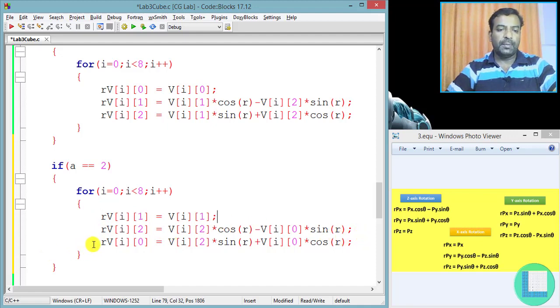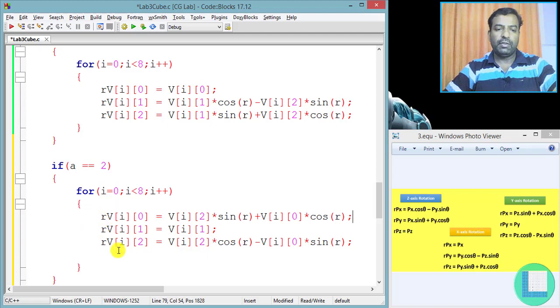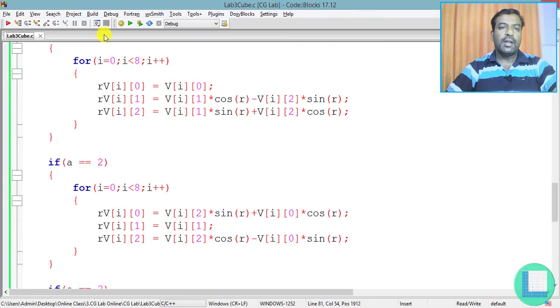Let me reorder this with the x-axis value. I'm just going to reorder this. Even if you don't reorder, this is going to work, but it's a good programming practice. Later we can debug if any error occurs. So now this equation has been brought into this programming. I'm just going to compile this now